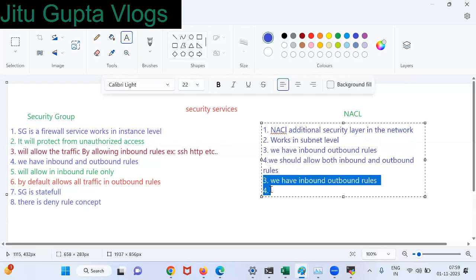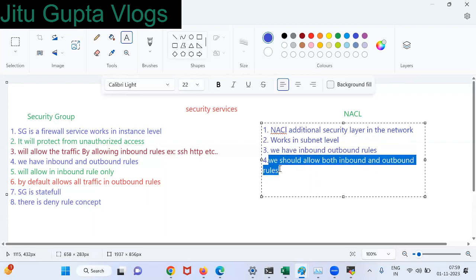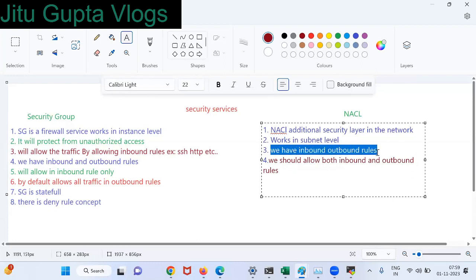What about in SG? Compare with this point in SG. Outbound rules: what about in SG outbound rules? By default, allow for all traffic. But here it's not like that. If you enable some rule in inbound, you should enable in outbound also. Clear?